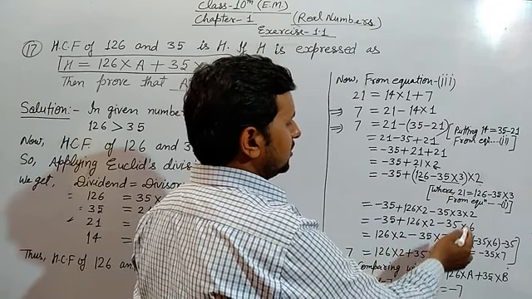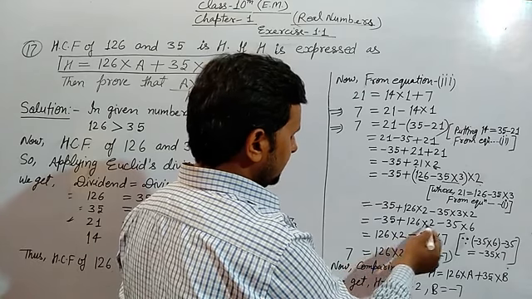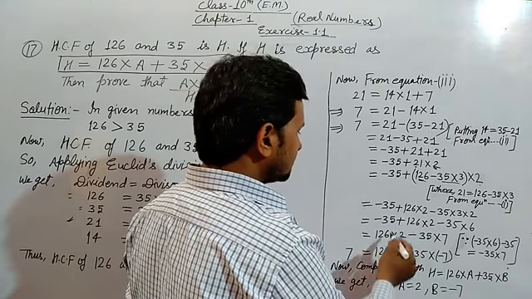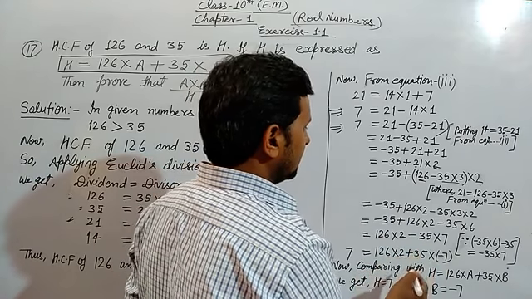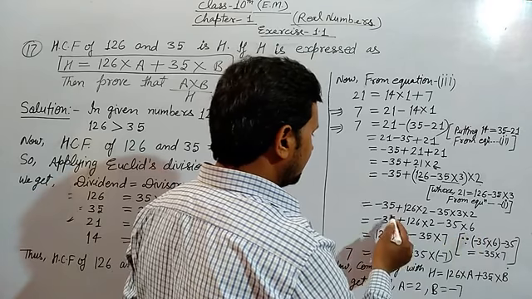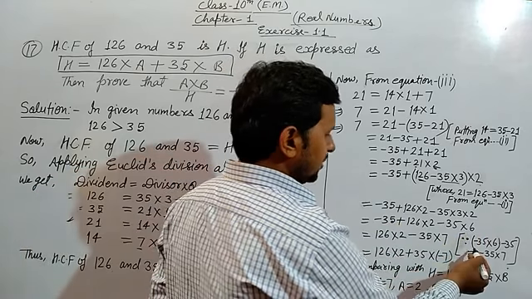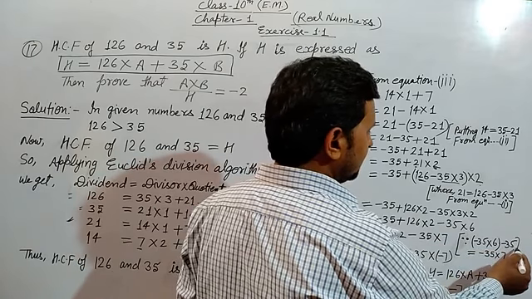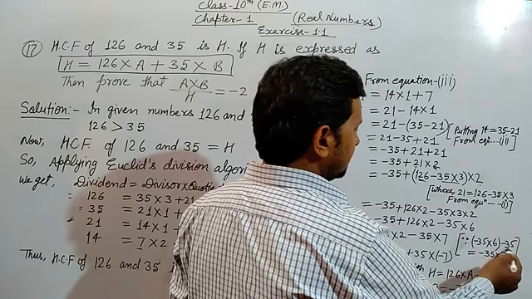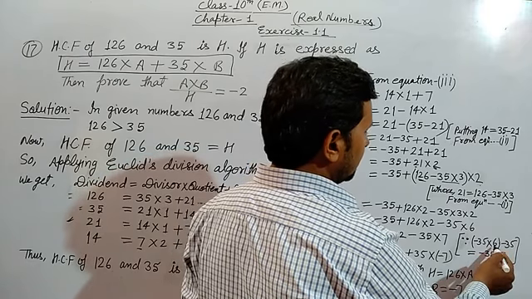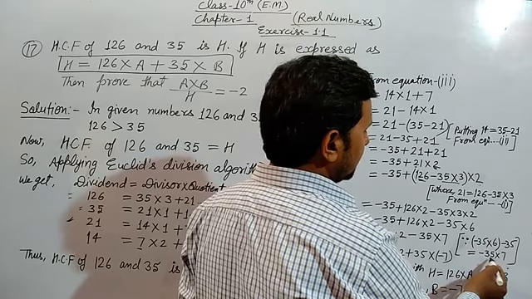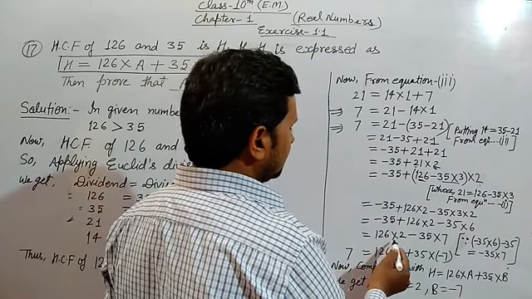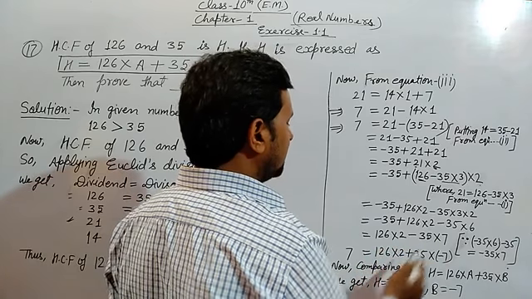Now again we get 126 into 2, and because 35 is here, we can convert it in this form: minus 35 into 7. How can we get 7? Here is 6, because minus 35 is another term. In this way we have minus 35 into 6 and this minus 35 written as it is. So one more term is included, meaning minus 35 into 7. Now we can write 126 into 2 minus 35 into 7.